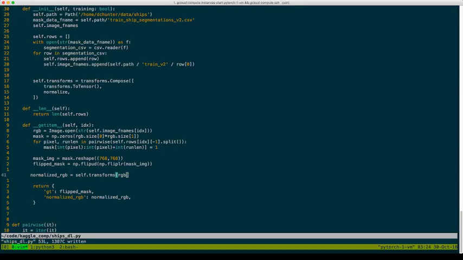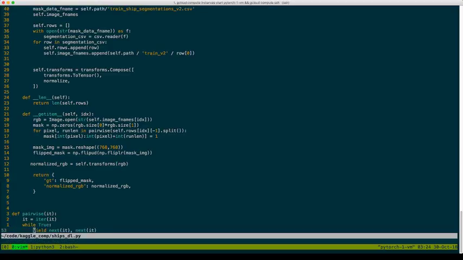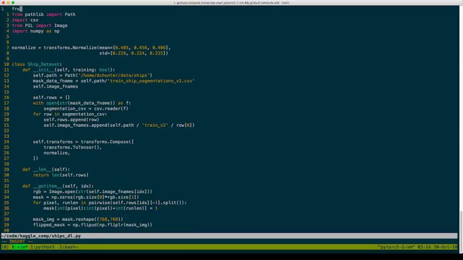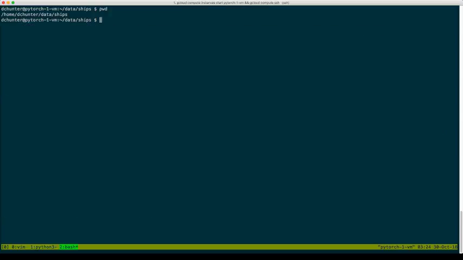Now we've got a data loader set up that's going to work. We just need to import the right things. From torchvision import transforms. Let's see if this works just off the top of my head. I have no idea if that'll work. Okay, so now